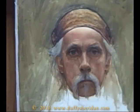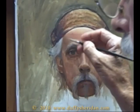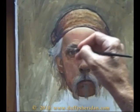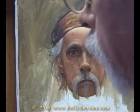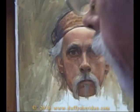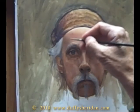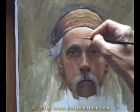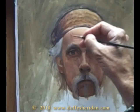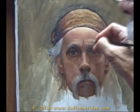And I have this angled so that I continually move my eyes back and forth to the mirror, and that's how I see things. When I want to really concentrate on a particular thing, then I'll stop and I'll look very carefully. But what I'm doing is I'm just putting it in my memory banks, and just glancing back and forth out through my peripheral vision for the rest of it. But I guess if you could say I was blending, this is how I blend, with very quick, rapid strokes,